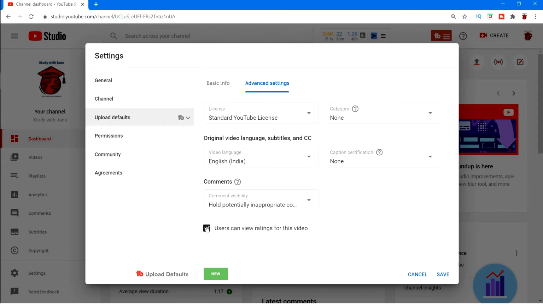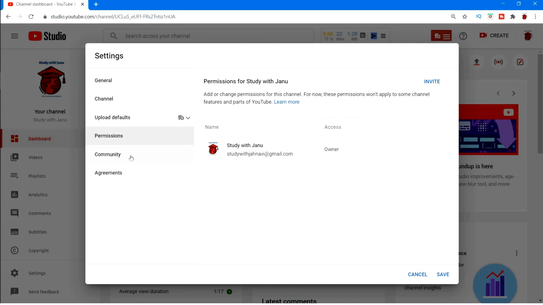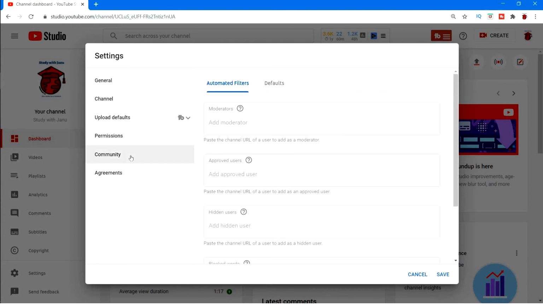You can also see users can rate, and they can see how many likes and dislikes there are. I'll just keep it like that. Now coming to the community option, you can see moderators. These are the supporters of our channel. You can also see approved users.